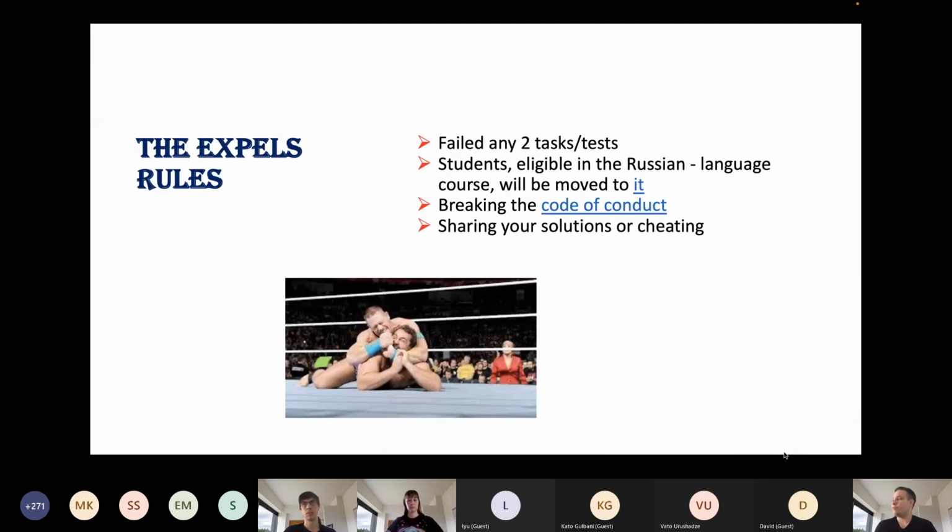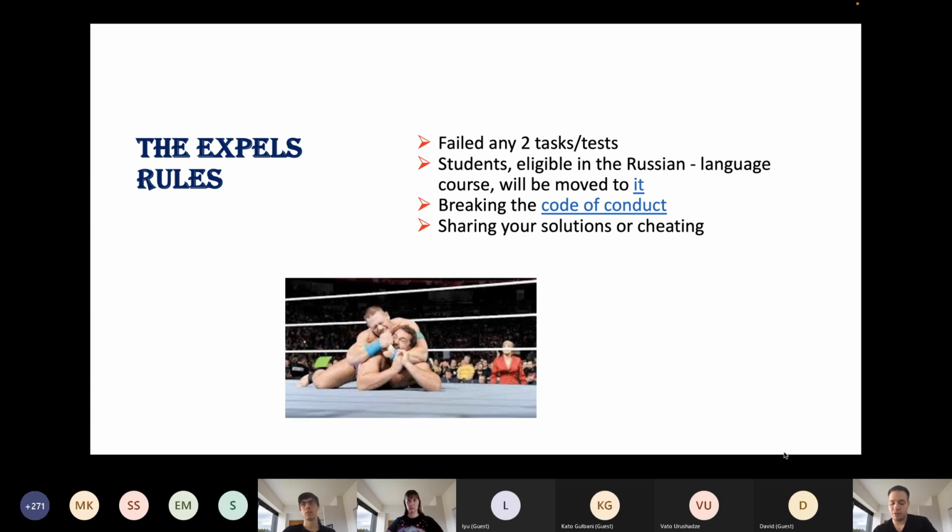Even if our course is available for everyone, it has a set of rules that you should follow in order not to be expelled. Please be serious about the education process.